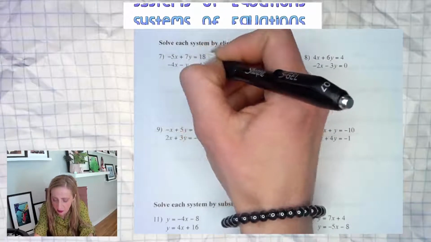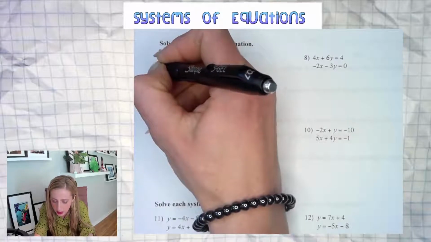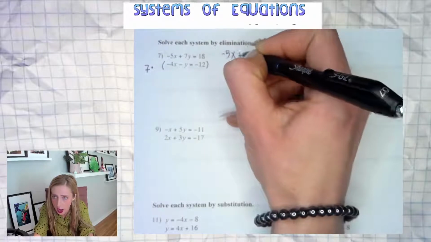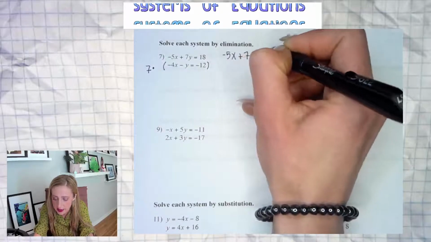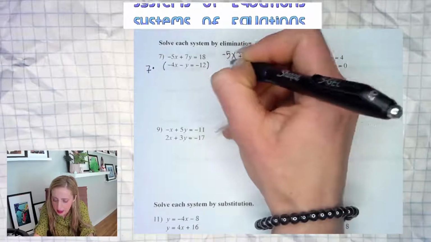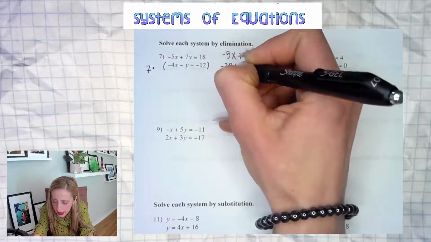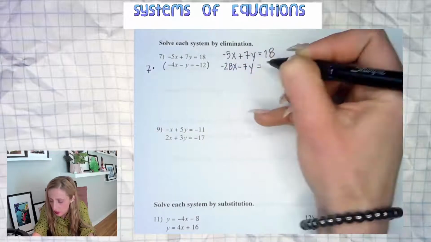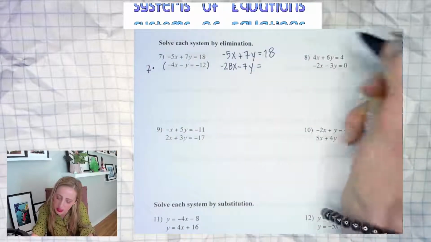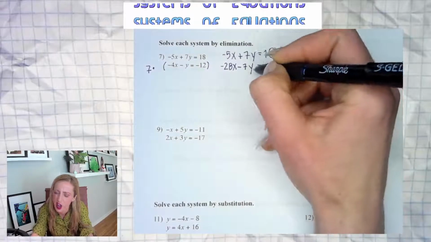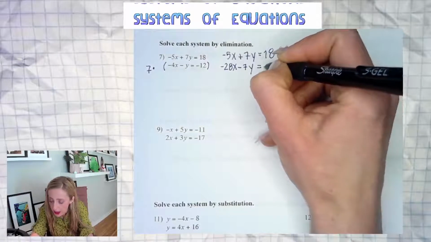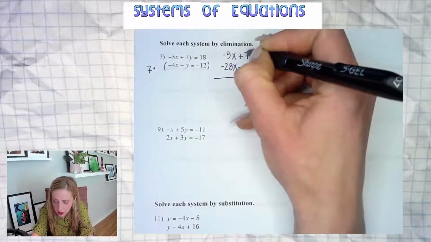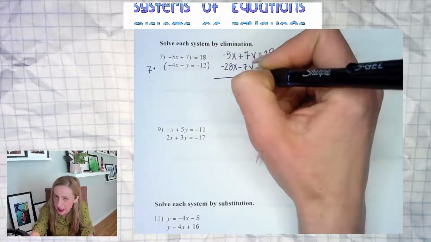I want this to have a 7 in front, so I need to multiply this whole entire equation by 7, so times 7. -5x plus 7y equals 18 stays the same. And then -28x minus 7y equals 7 times 12 is 84. And it'll be -84. Bam, there I go. So elimination, once you have these two numbers either the same or technically opposites,